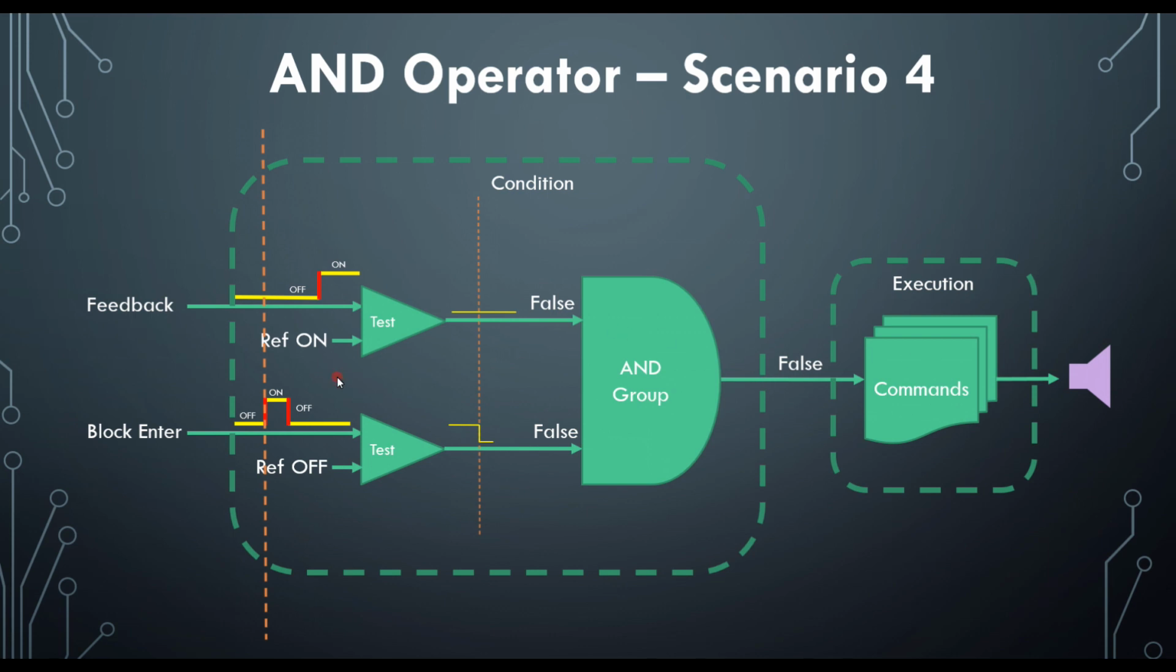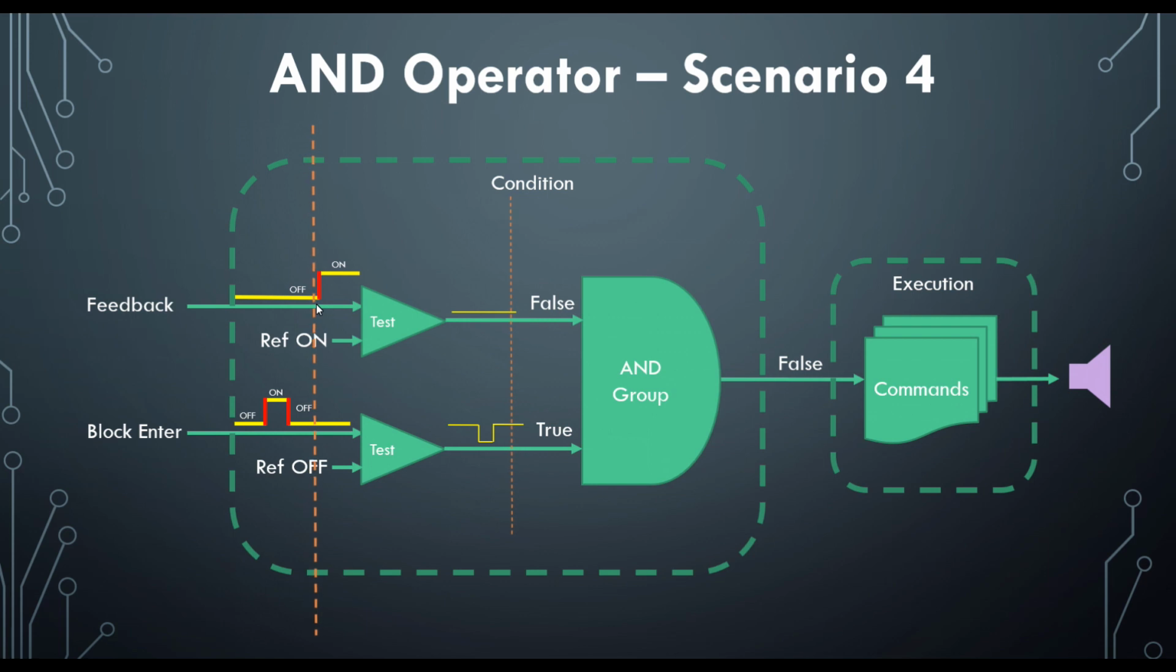Now if we move the timeline on again, now block enter turns off, so we have off and off, they're the same, so this goes to true, but at this point this is still false, so we have a false and a true and false here. If we move the timeline on again,